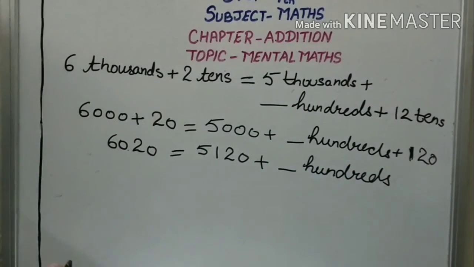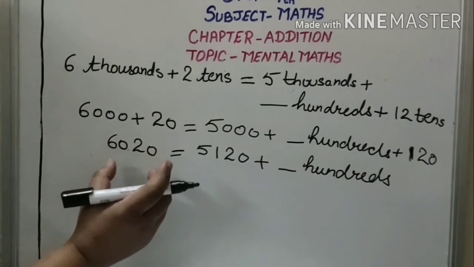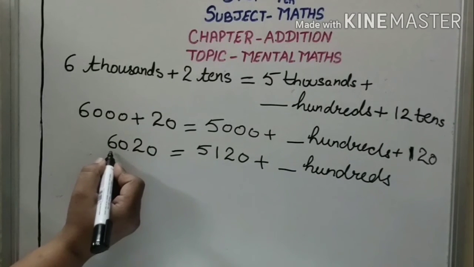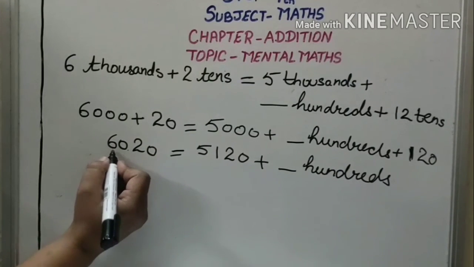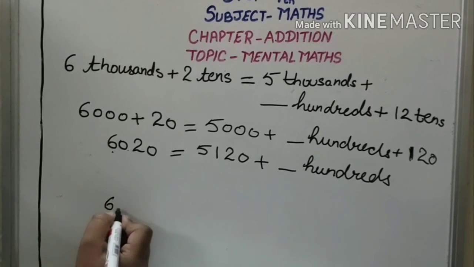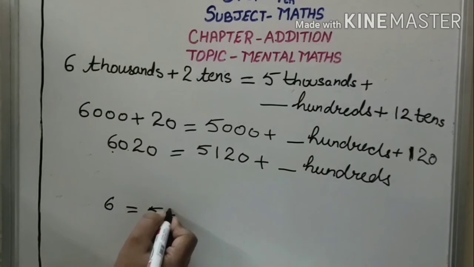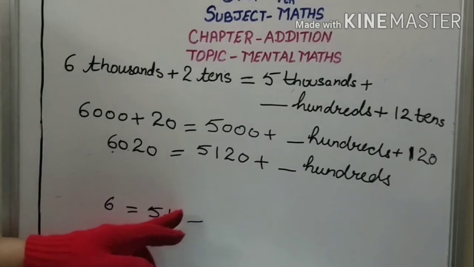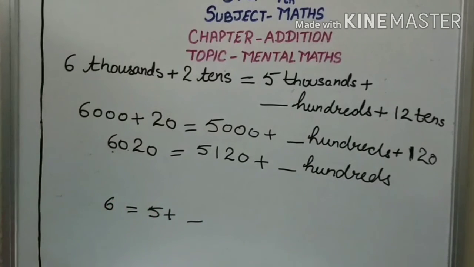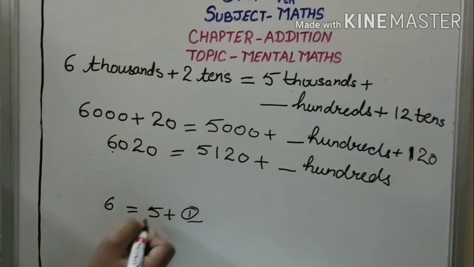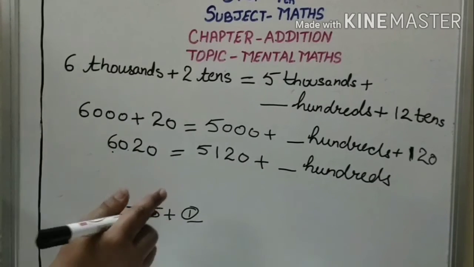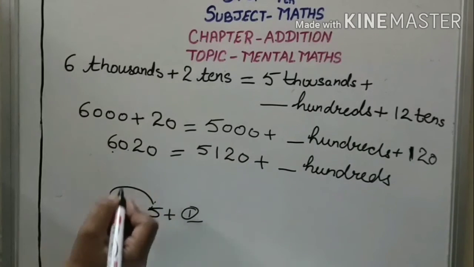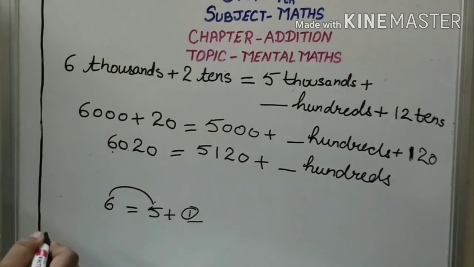वो कैसे पता चलेगा बच्चे? जब भी आपके पास बड़ा नंबर हो उसको ब्रेक डाउन करके स्मॉल नंबर में ले आओ। For example, I am taking the first digit, पहला डिजिट लिया 6, ओके। For example here it is 6 is equal to 5 plus 1 plus fill up. Now what I have to add here, क्या प्लस करूंगी 5 में कि 6 आएगा? All of you know that it will be 1. The main thing is how this 1 comes. आया कैसे ये 1? 6 में से हमने 5 को माइनस किया तो हमें 1 मिला.